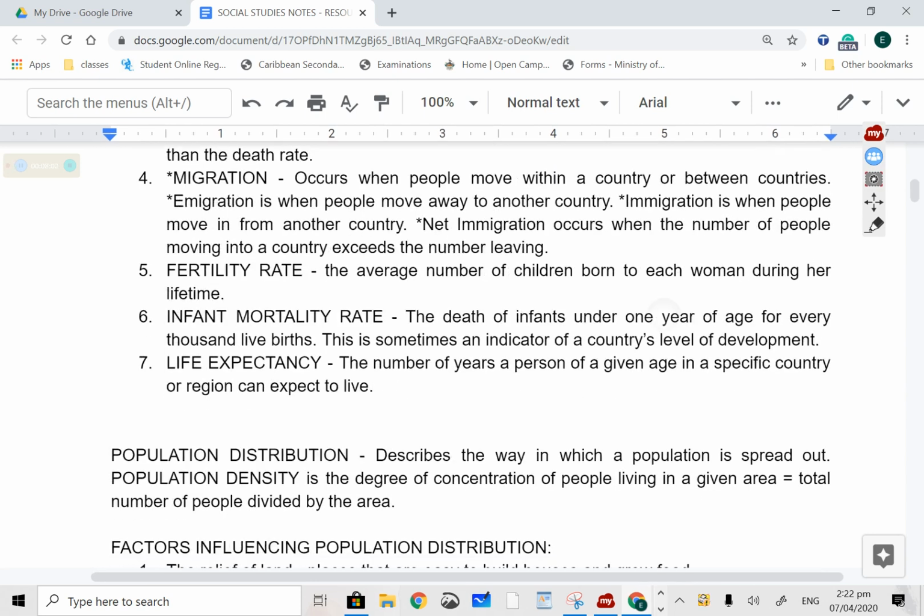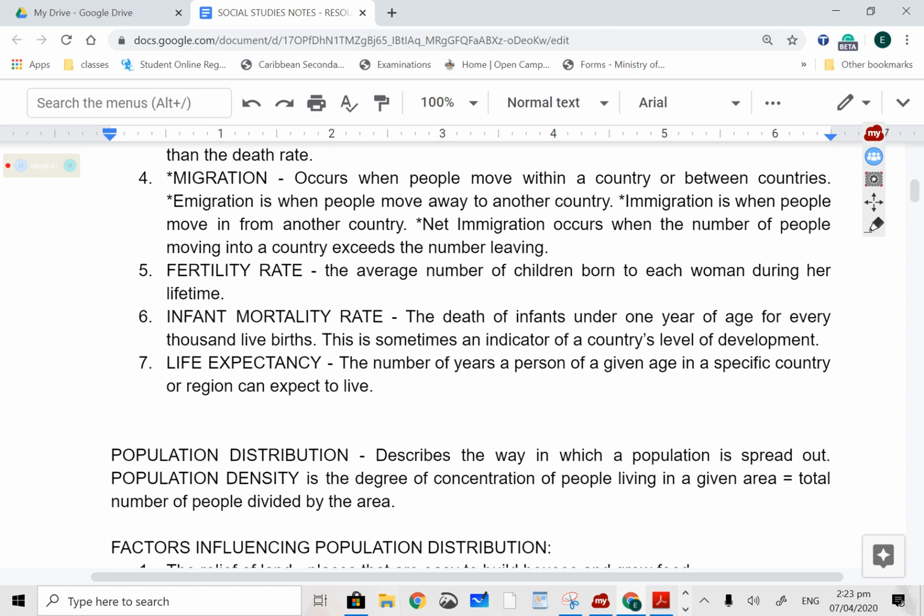Okay, so that is fertility rate. Infant mortality rate, the death of infants under 1 year of age for every 1,000 live births. This is sometimes an indicator of a country's level of development, right? So you have indicators of development, indicators of quality of life, etc., that you also have to pay attention to. So things like infant mortality rate, death rate, birth rates, all of those things are indications of a country's development,